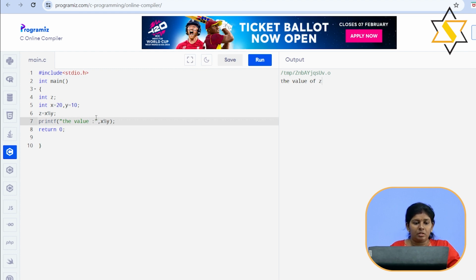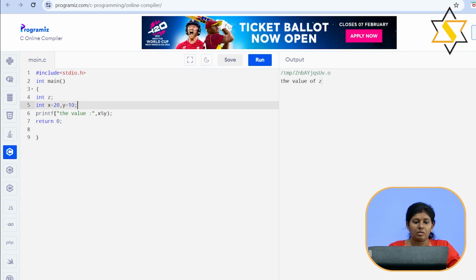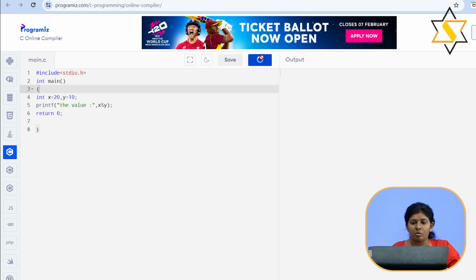The value is this, and just check once, because this is the online compiler I'm using. So maybe I need to define here